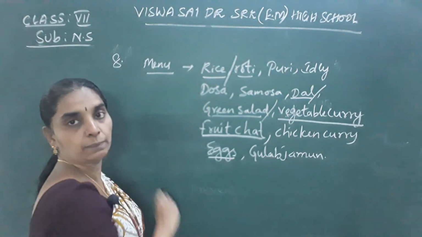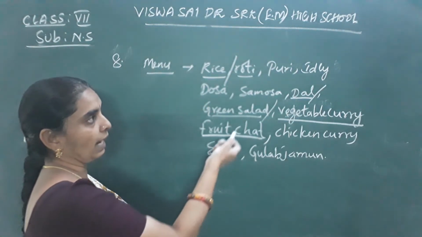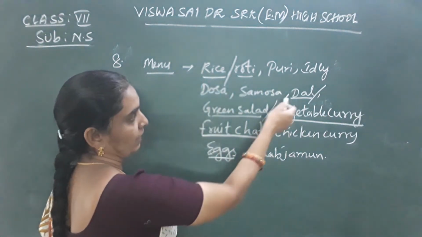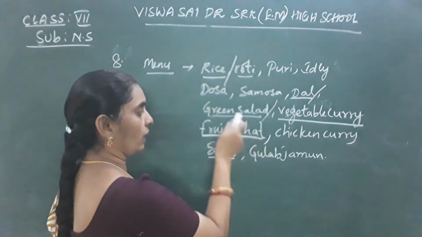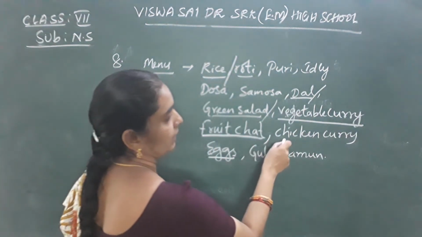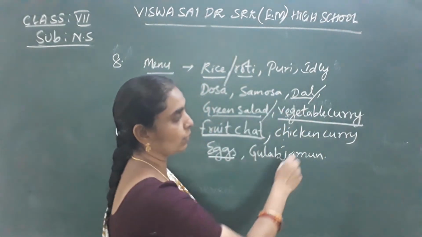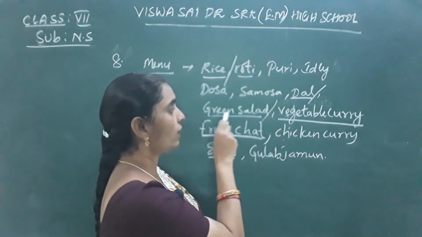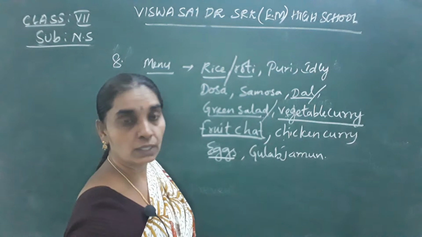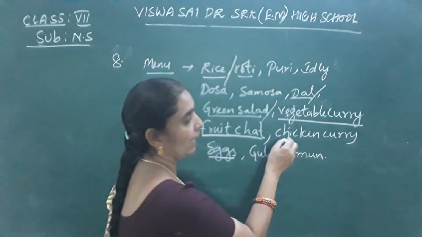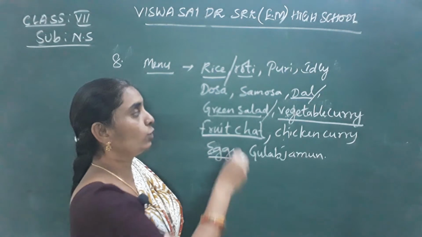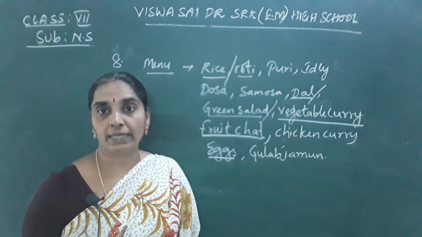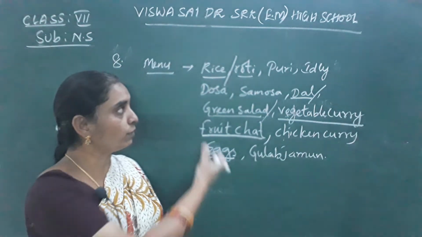Like this you can prepare a balanced diet chart. You can also take rice or roti with any dal, or with any vegetable curry or green salad. If you do not want vegetable curry, you can take chicken curry, but the fat content is more, so you have to add green salads there. Fiber content should be more when you add chicken curry to make your diet a balanced one.